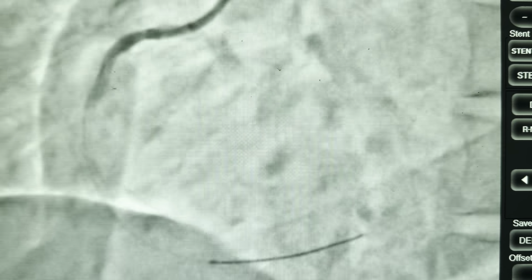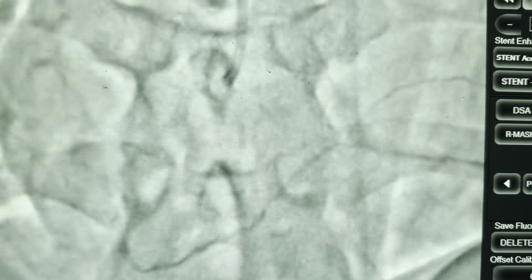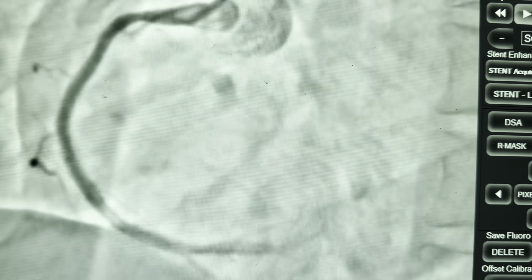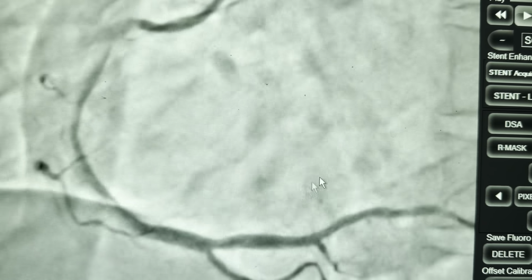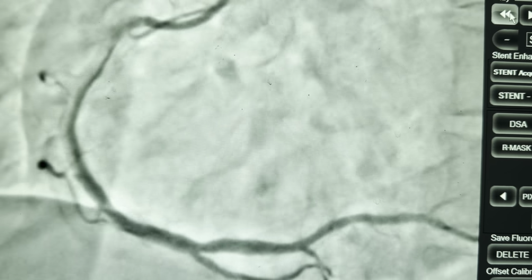So I usually do try and post dilate the stent, and yes, a good flow has been achieved. Really happy. Patient went up all right. Discharged after 48 hours, and